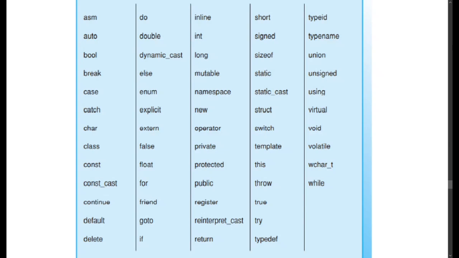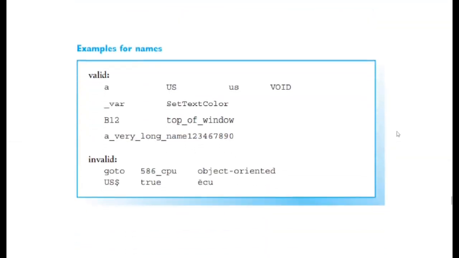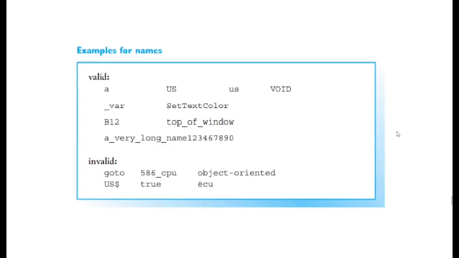As you can see, some of these we've already seen. We talked about namespace, data type names such as int, double. We looked at, let's see, wchar_t. So there are quite a few of these that we have seen already, and many that you haven't seen, but that you will definitely see later on. You don't need to memorize these for now. Normally, when you try to use them, the compiler will be happy to let you know that there's a problem. So let's move on, and let's see a few examples of what would be valid and what would be invalid.